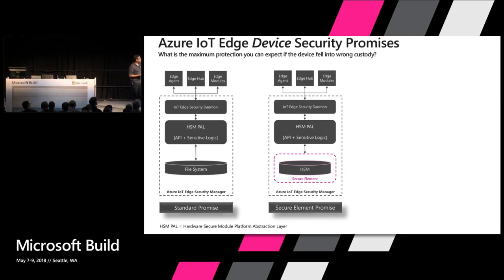If you see, the only difference between this and this is you replace the file system with an actual physical hardware-based security device. The HSM could be a TPM. And then your application simply works on top of it, your modules and edge runtime and so on. And then the final one, and this, by the way, I'll talk about timelines shortly, but this will be